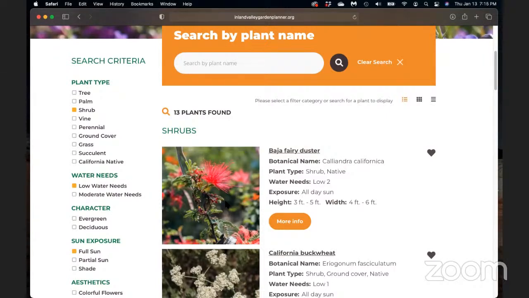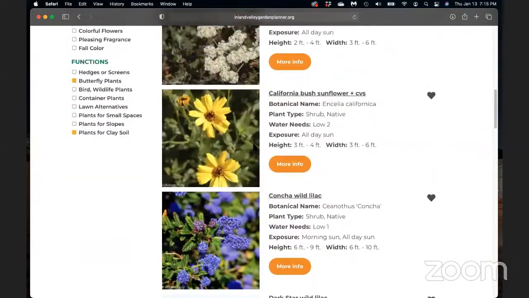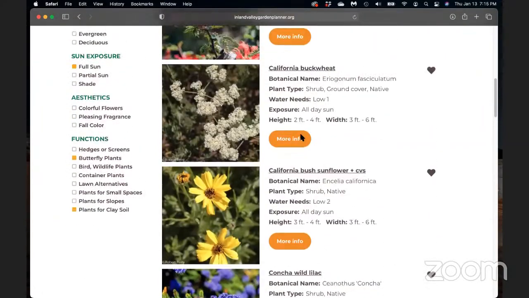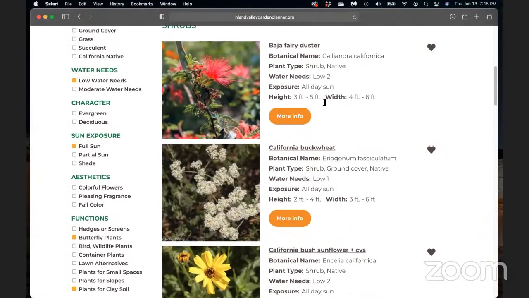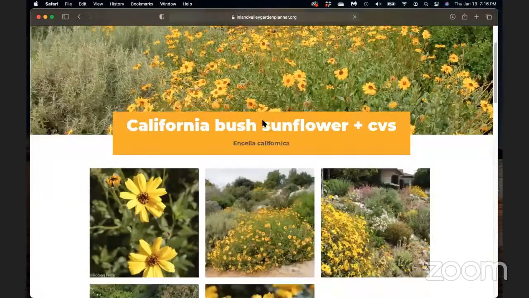We've already done a lot of work narrowing it down to that much. There are some plants that I love that are not in that list, but we're trying to keep it relatively simple, with everything being relatively easy to grow for gardeners who aren't professional horticulturists. From that, you can use these search criteria. For this one, okay, we're down to 13, and you can look at pictures. You can get that basic right plant, right place information: exposure, so the sunlight that it wants, the height and the width. And for any of these, you can also get more information, where each plant has a profile